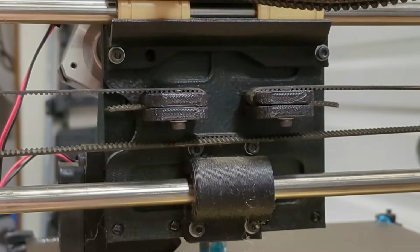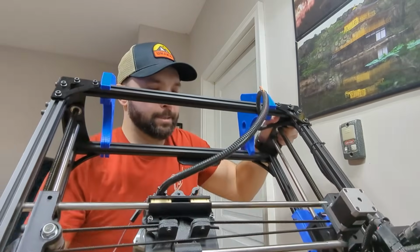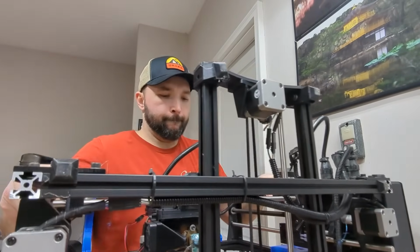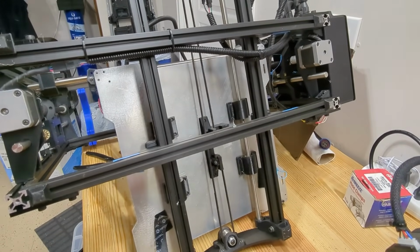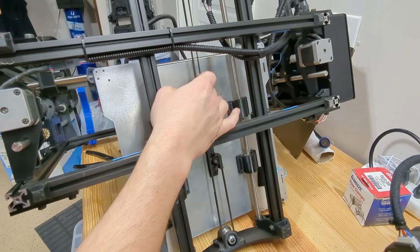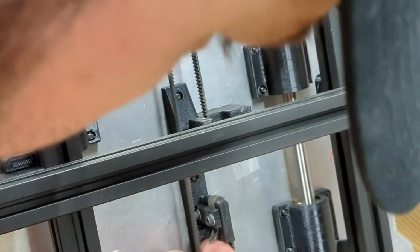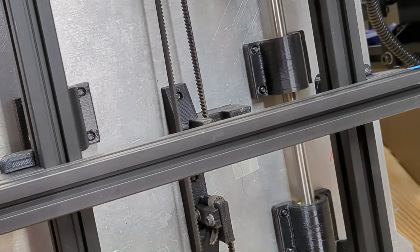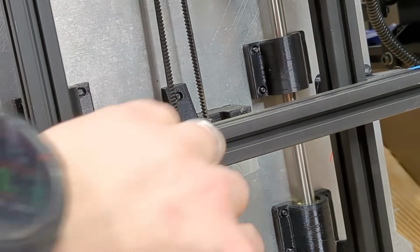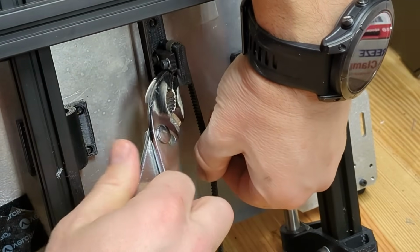And the next is the Y carriage. Let's take this side off. Okay, so this is what this one looks like. These are super loose. It is a sort of similar story for adjusting these belts down here. Basically just need to loosen this guy up. And then scrap these